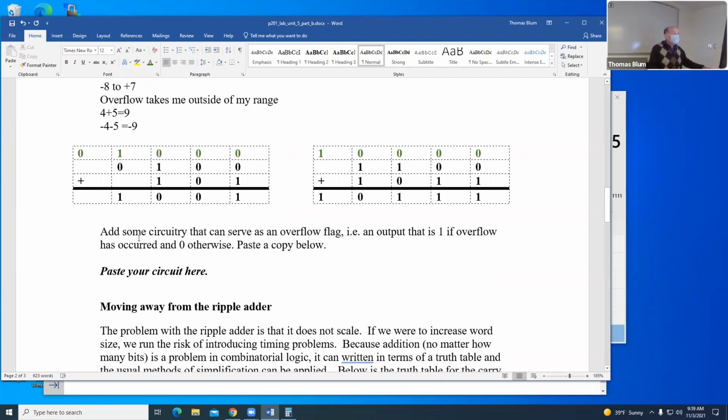Okay, so what I do is I look at this column and say, I know a problem occurred if I add 2 negative numbers and get a positive. I know a problem occurred if I add 2 positives and get a negative. That's clearly a problem. And so what I will do